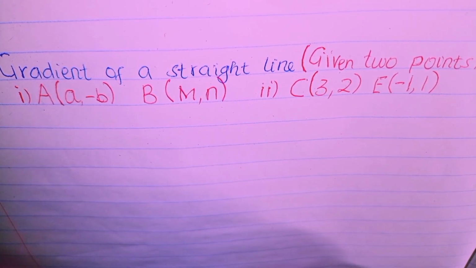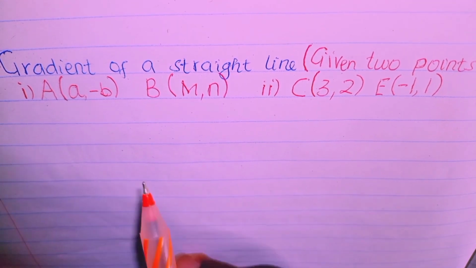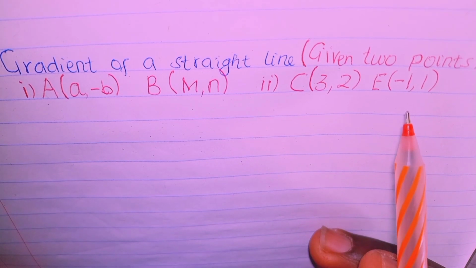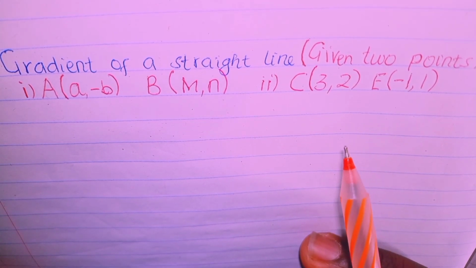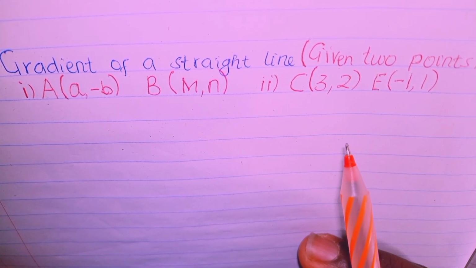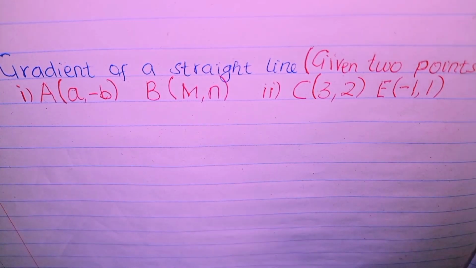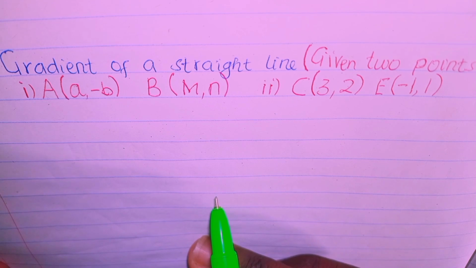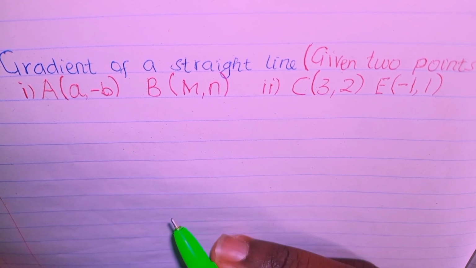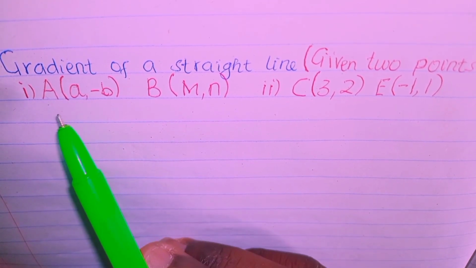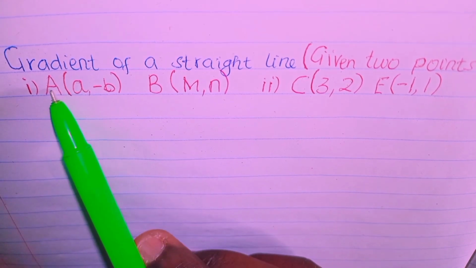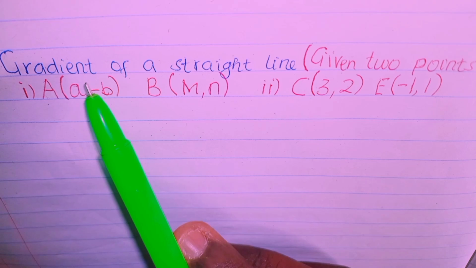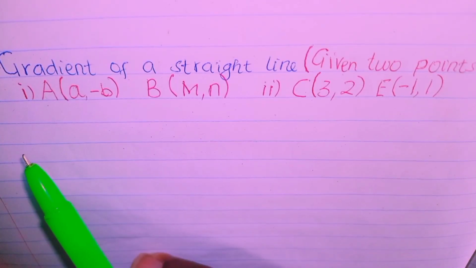So today's video focuses on finding the gradient of a straight line when given 2 points. You should note that the gradient is also known as the slope. So whenever you encounter the name slope or gradient, you should understand that they mean the same. Whenever given 2 points, like point A and point B, and you are required to find the gradient of that straight line,